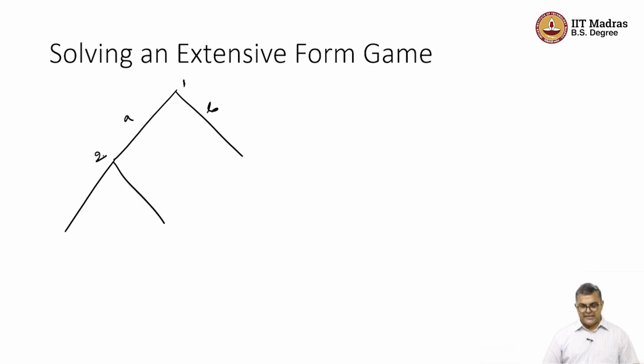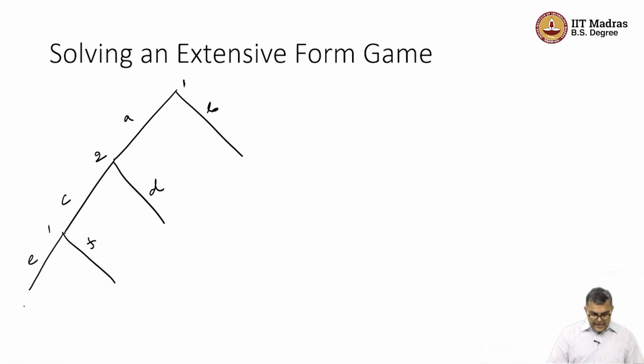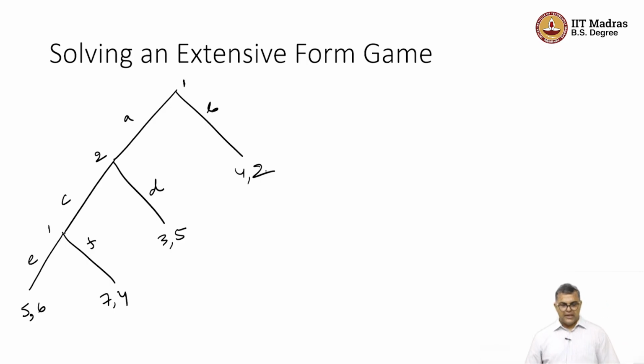If player 1 decides to play A, then player 2 gets to play, and player 2 can decide C or D. If player 2 decides D, then the game ends, and if player 2 decides C, then player 1 gets to play E or F. So, just randomly I am putting some numbers. Here is 5, 6, here is 7, 4, here is 3, 5, here is 4, 2, and we will try